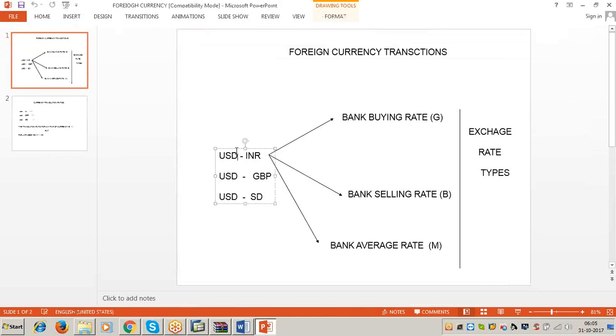Now, our company code may incur business transactions in a number of currencies. They may be incurring the business transactions in Indian rupees or GBP or Singapore dollars or Australian dollars and so on. So whenever the foreign currency business transactions are incurred, they are posted in the respective currencies only.